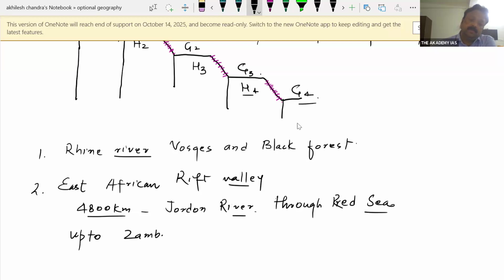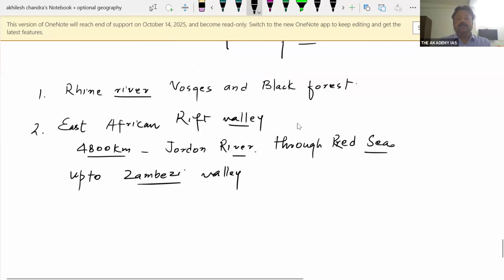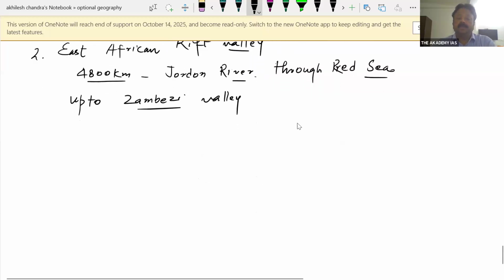Zambezi is a river. Zambezi Valley. So you'll find it up to Zimbabwe. Fine. It's almost 4,800 kilometers. So this is East African Rift Valley. So if you see East African Rift Valley, you'll find it is almost